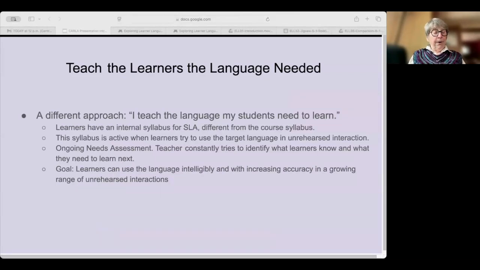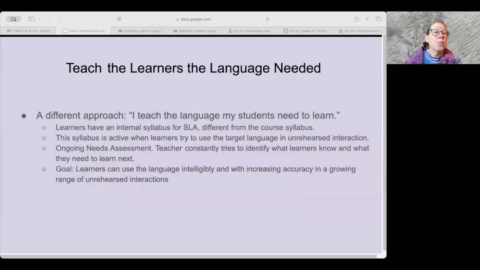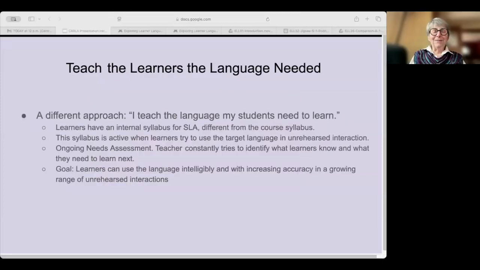However, we take a different approach. Based on decades of SLA research on second language acquisition, we recognize that learners have an internal syllabus. We don't teach the syllabus in the book. We're teaching to the learner's syllabus and the language they need for unrehearsed interactions with others. Their learning syllabus is active when they're trying to use the target language. Can you go back, Bonnie? Yep, sorry. Thanks. I'm just reading off the bullets, but in